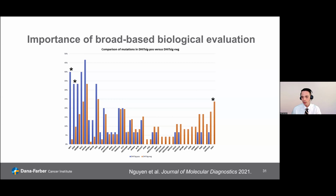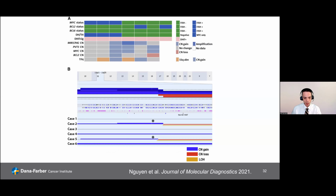Now, I think it's interesting to note that there's mutational alteration of MYC in addition to the rearrangements that you would see by FISH. And then there were other features as well. Here we're looking at the MYC locus on chromosome 11, and seeing that there are cases that are negative for MYC rearrangements by FISH, where you can pick up copy number alterations that are important, not just copy number alterations in MYC itself, but also in